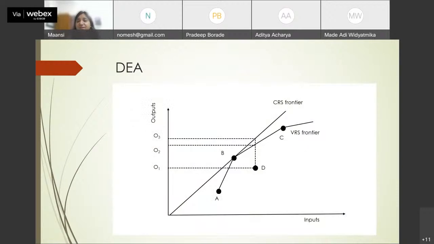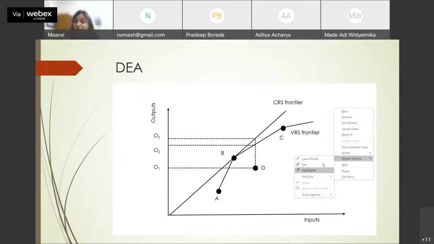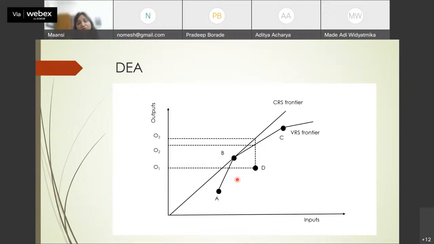So in this figure, you can see, we have our inputs and our outputs. These are your CRS and VRS frontiers. What these are, they're basically a production function that are made of the efficient units. So suppose I have 24 high courts that I've studied over here. Of these, I found that 4 of them are efficient. So these 4 are the ones that are making up this efficient frontier. What they represent is the maximum level of output that you're able to create for a level of input, or the minimum level of input that is required to produce a given level of output. These are your efficient units.